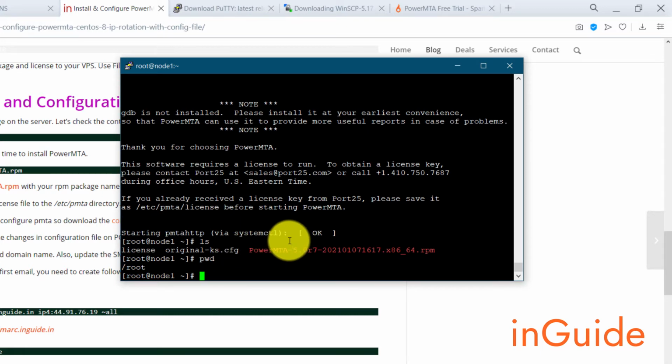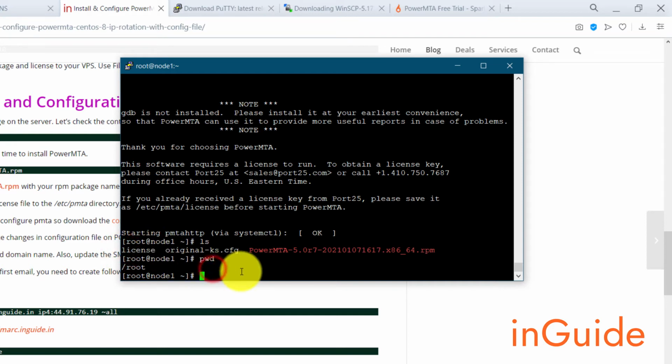Okay, before that if I type pwd, which stands for present working directory, you can see I am inside the root user directory. So I have to move this file to the /etc/pmta directory.